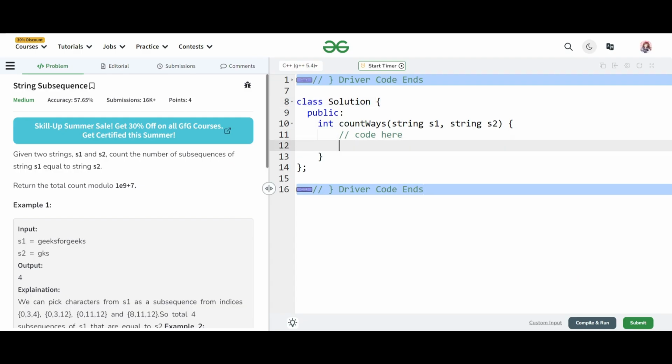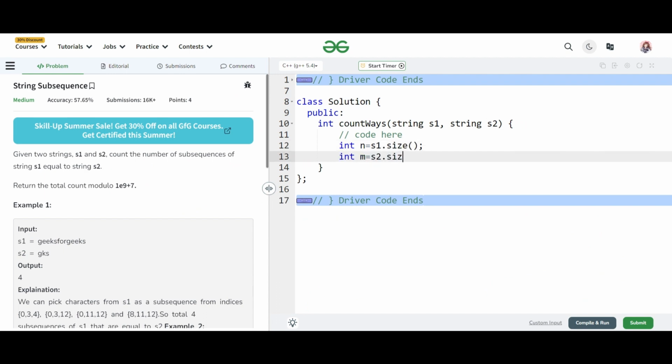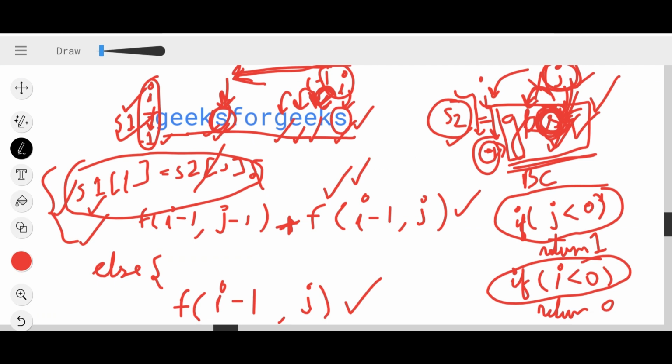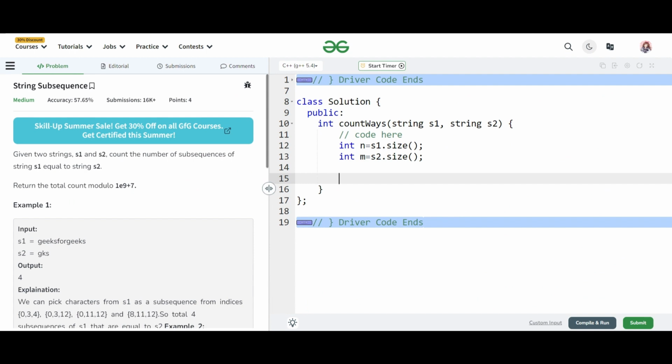Now this was the recursion part. Now let's implement the code using dynamic programming. So let's first take the size of the two strings. To implement this dynamic programming, I will simply shift both the indexes by 1 to the right hand side. Why? Because here you can see that at a point my j is becoming less than 0 and my i is becoming less than 0. In that case, I was returning 1 and I was returning 0. So I need to cover up all these base cases also. I know that in DP I can never have a negative index, but here there is a negative index. So to make it positive, I am just shifting both the indexes by 1.